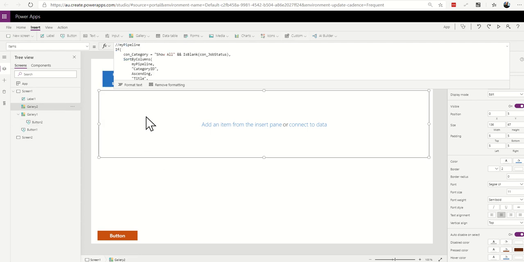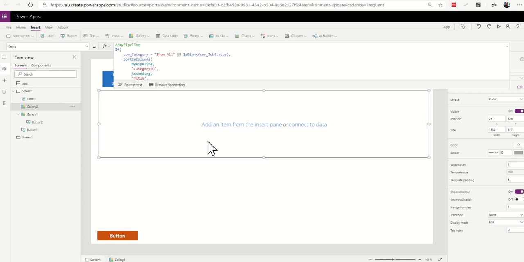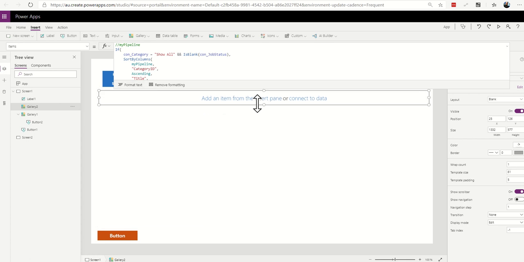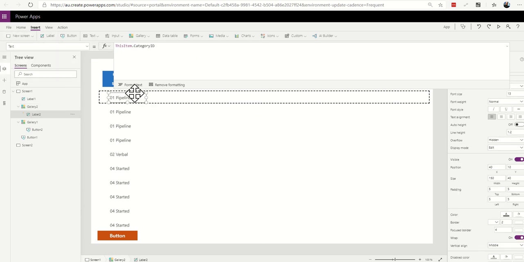Alright, so let's grab this gallery, and then we're going to make, so selected, click on the pencil, and then make that a bit smaller so it's not going to take up massive amounts, because we're just going to go horizontal. We're not worried about it spanning over multiple lines, because I know that the client names are short, status are all short, and everything else is short. So then we can jump in and add labels. So with this selected, I can either go add here, or I can just go label, and it should drop it straight in. It's going to pick up what it thinks you want to start off with. So we'll start off with the